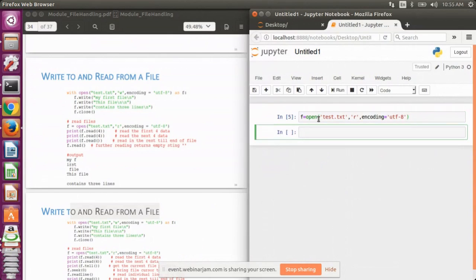So let's run this. Yes, the file has got opened.